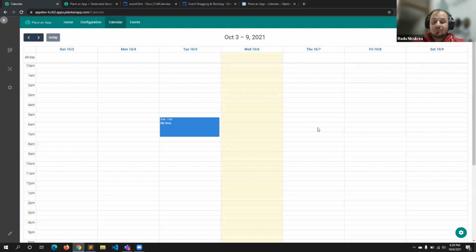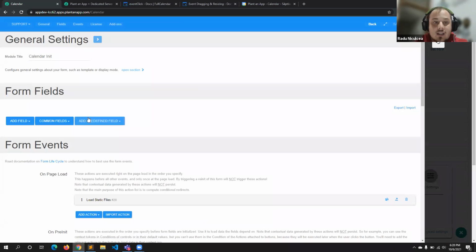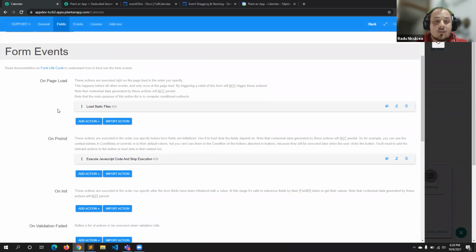All right. To do that, first of all, we'll need two things. First, we need to enable the calendar to support clicks on the events themselves. Then we need to create a form to edit the event. So first of all, let's go and edit the calendar settings that we already have from last time, and enable clicking on the card itself.